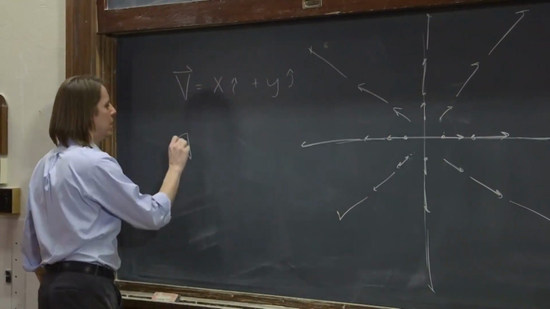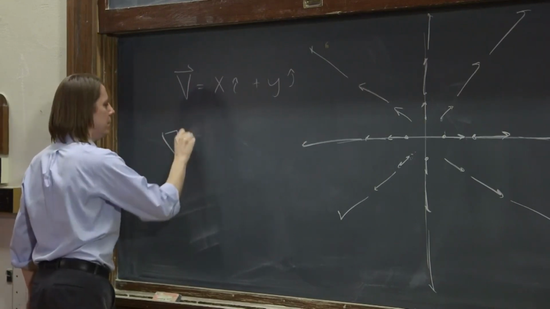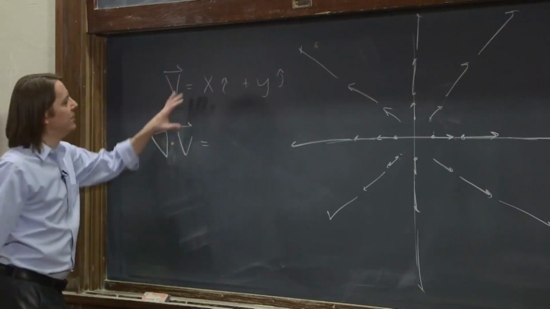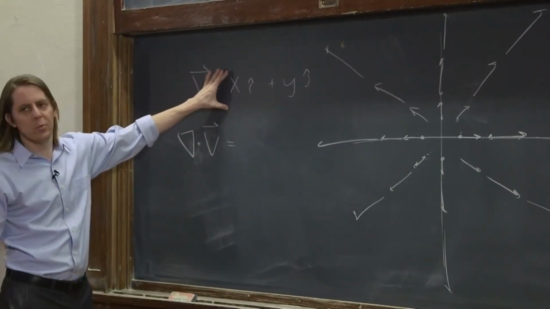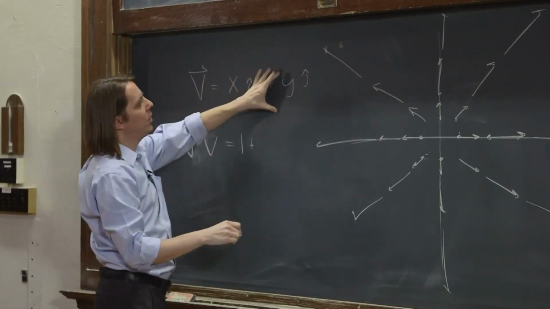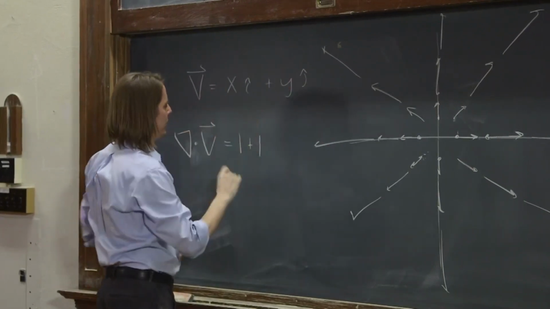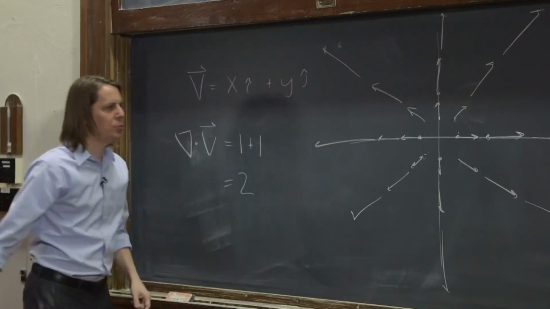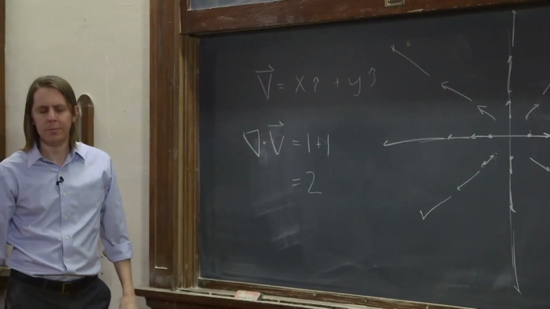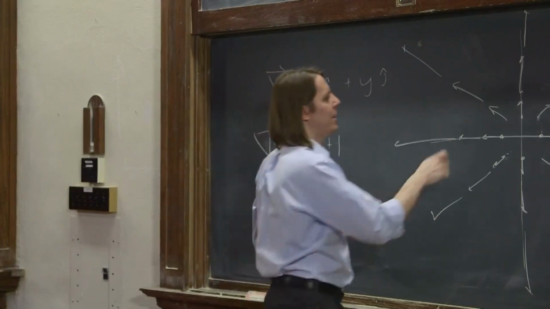Well, del dot v is d/dx of x, which is 1. And d/dy of y is 1. I just took the derivative of y, and I got 1. And we're not doing z. So the divergence of this field is 2. It has a divergence of 2. So the way to think of divergence is to drop a